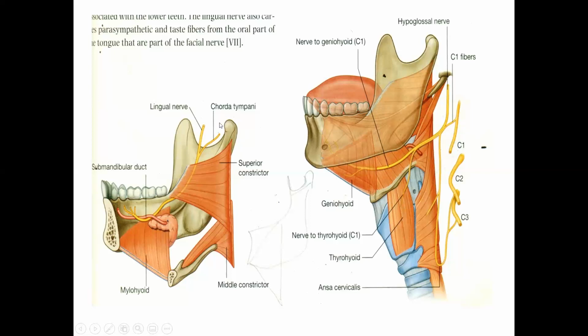This is the chorda tympani. This chorda tympani is a parasympathetic branch coming from the facial nerve. It joins the lingual nerve within the infratemporal fossa. Now they travel deep to the superior constrictor muscle and then above the hyoglossus muscle, and they enter into the oral cavity through the oropharyngeal triangle and supply the anterior two-thirds of the tongue. So the general sensation is carried by the lingual nerve, while the special sensation of the anterior two-thirds of the tongue, or the taste buds, is carried through the chorda tympani.